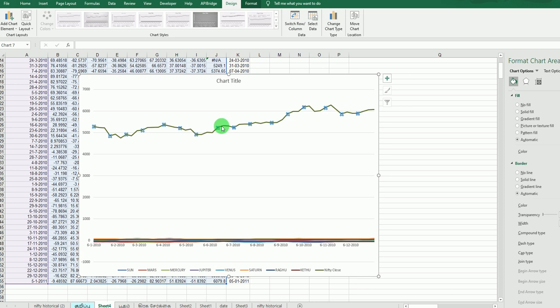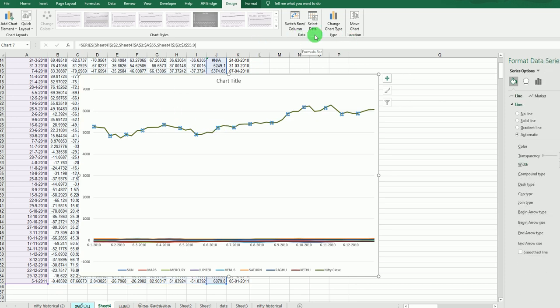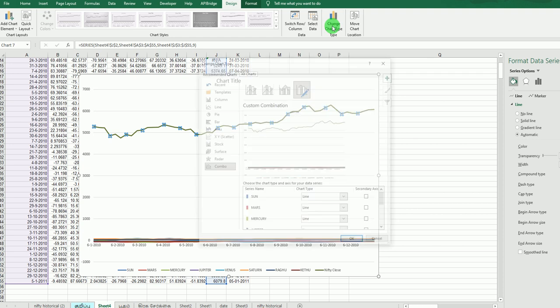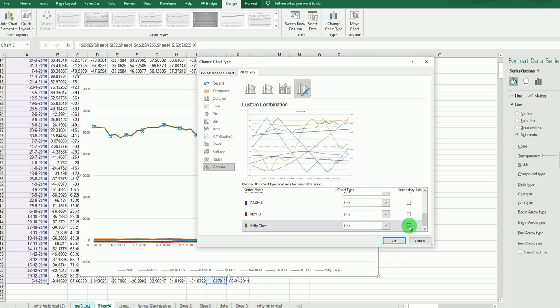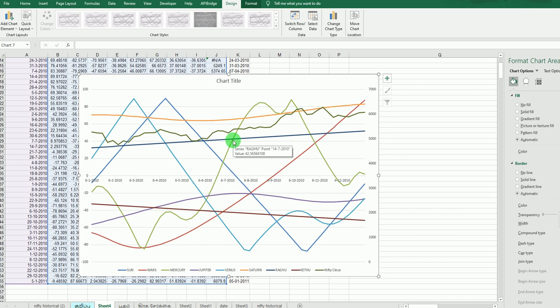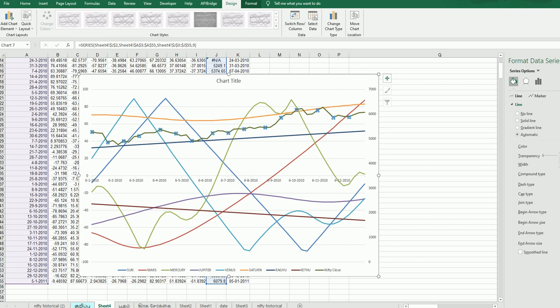First, select the axis. Go to chart type. Here a combo will come. Combo means we need to change to a secondary axis. This Nifty close we convert into the secondary axis, so select secondary axis. Now we get a clear picture. Now you see the data are there. This is the price. For the price we can modify the line to any color we want. I kept a red color for the price.